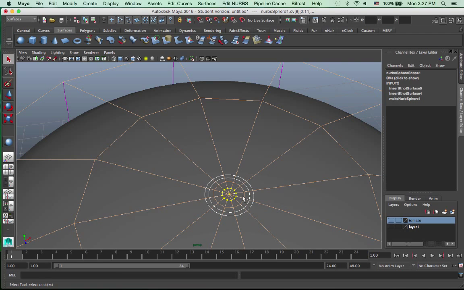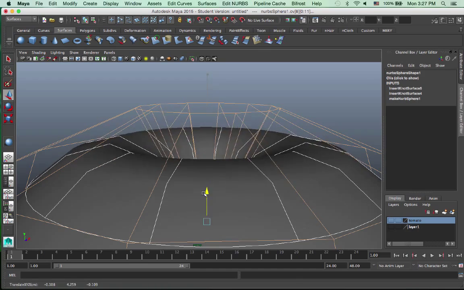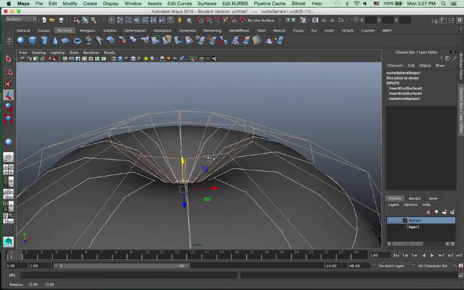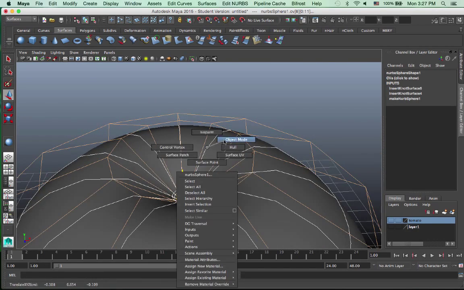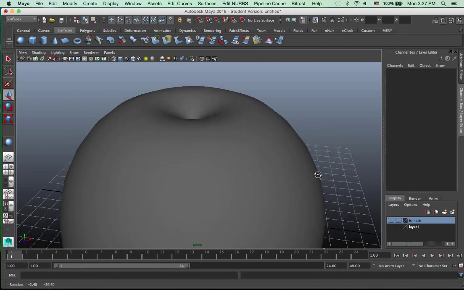Now I'm using the hull sub-object tool and then pull these 2 sections that I just created downward to begin the shaping of my orange.